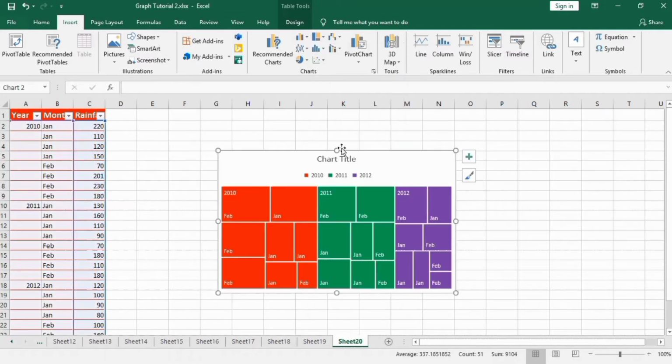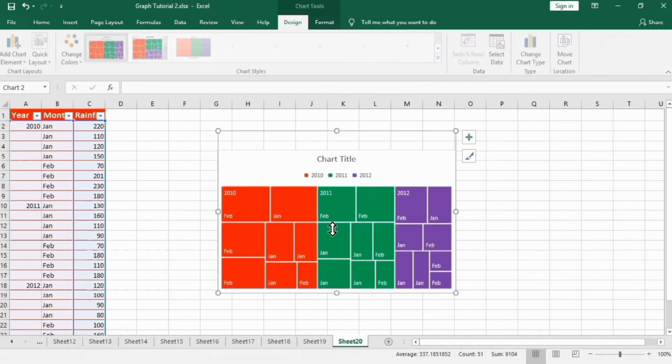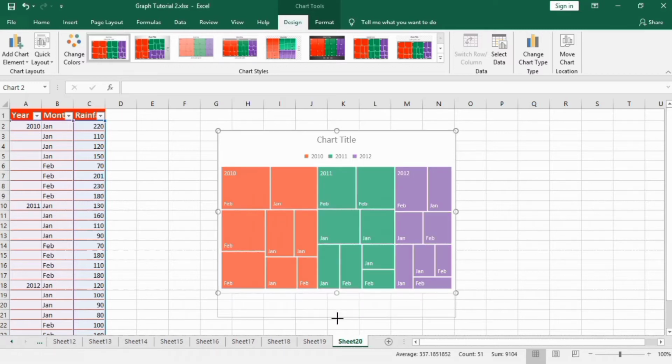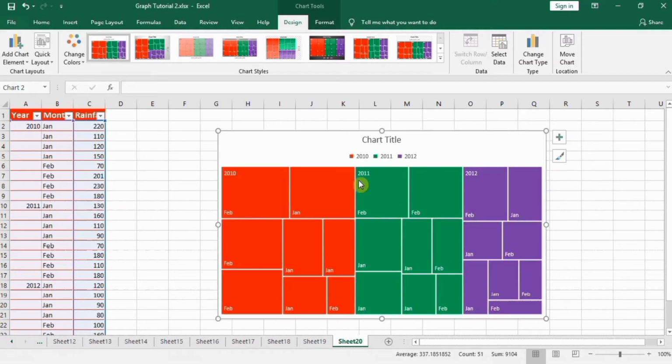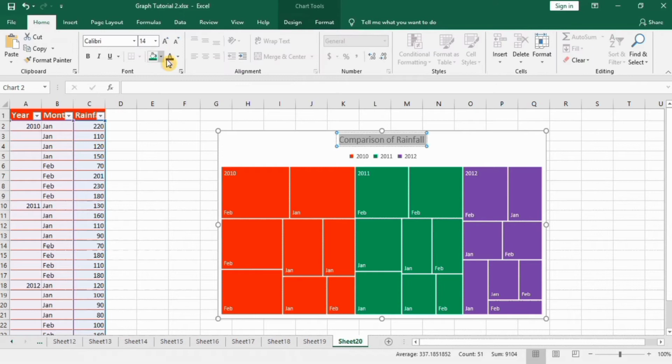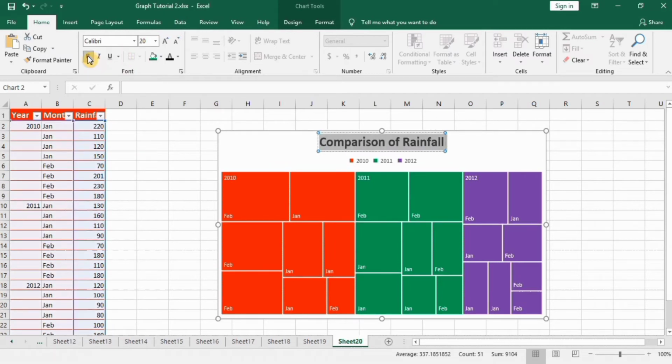Select this one, resize this, change the title, change its font size. You can also change this one, this.